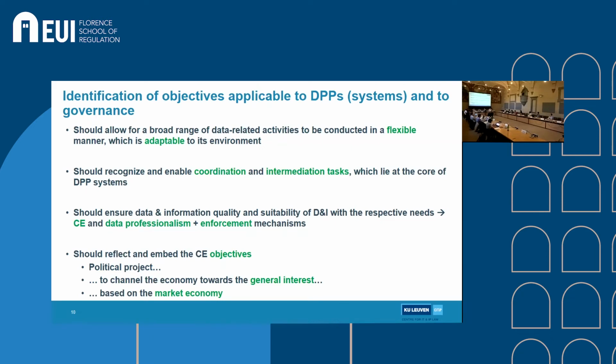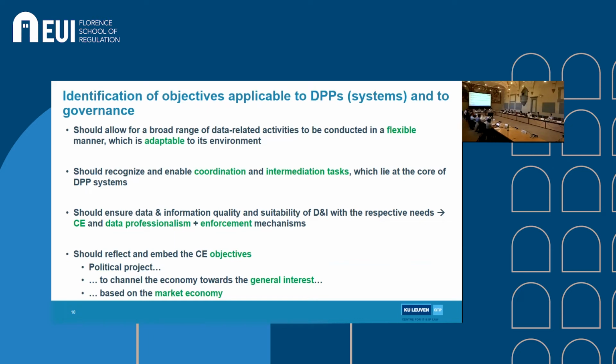So because we need to coordinate the needs of the data providers and data users, and because they have certain rights on the data that have to be addressed probably on an ad hoc basis, then it means that you have to have a governance model that is flexible, but also adaptable to its environment. And here we criticize the bureaucratic drift that can be expected from this idea from the Commission that you can have that many implementing and delegated acts that would